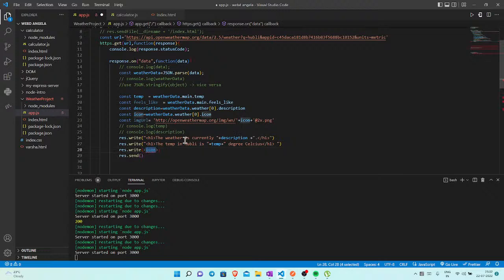Terms and conditions apply. All right, so we're going to again be using res.write. And in this case, though, we've got an image element that we're going to create. Now, images are self-closing tags, so we don't need to close off the tag. But what we do need is a source. And the source is going to go right here. So let's pass in our image URL and hit save. And now, when we refresh our website,